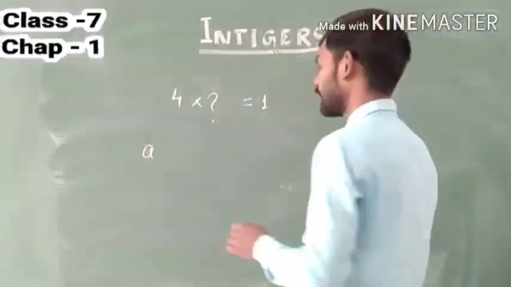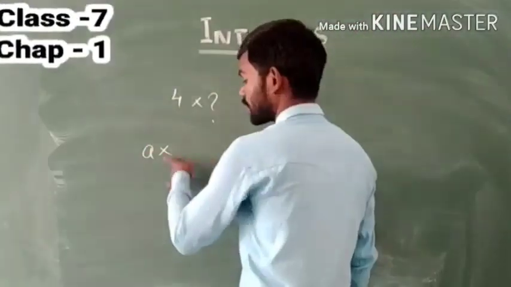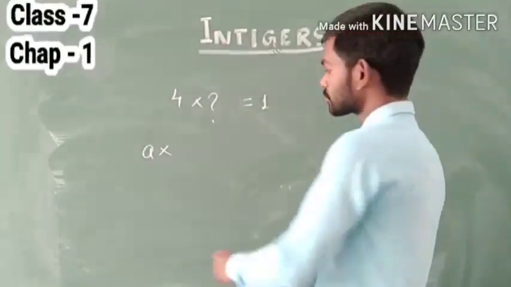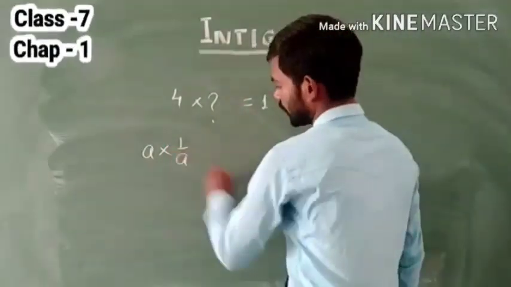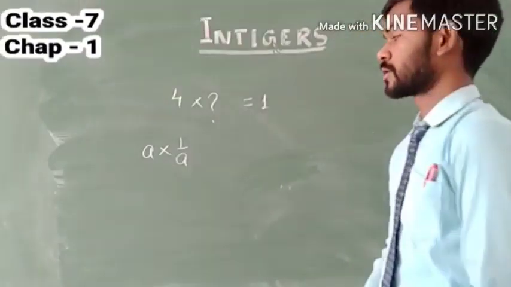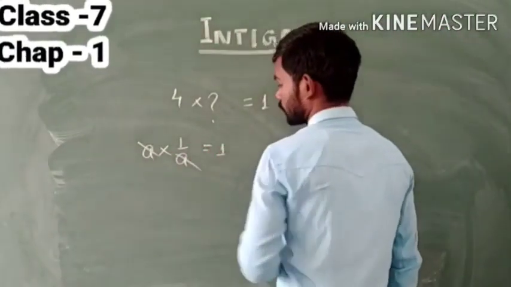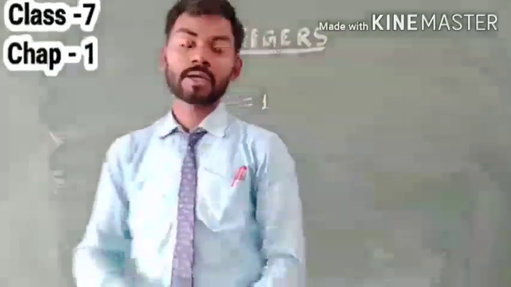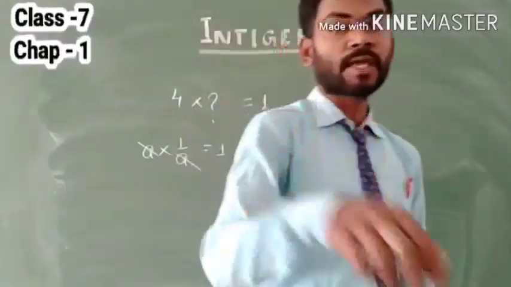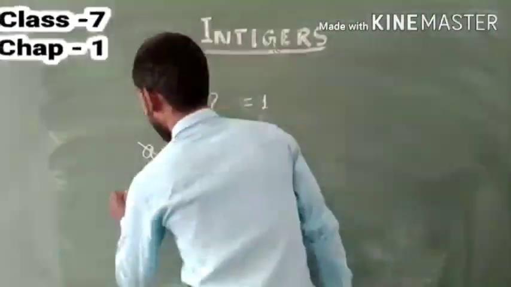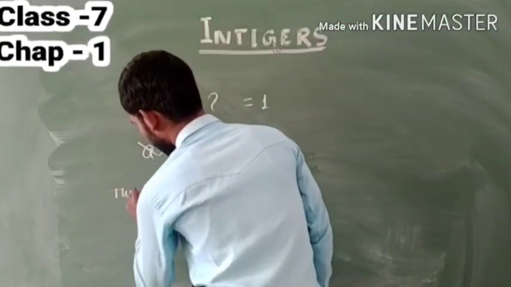So here, suppose a is any integer, and if we multiply a by its reciprocal, that is 1 upon a, we get 1. So we can say that the reciprocal of any number